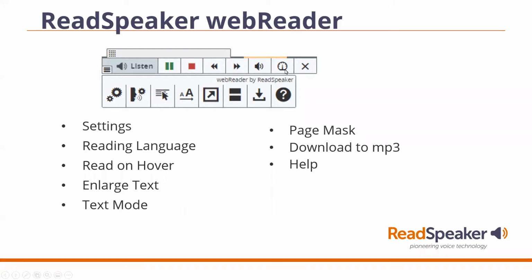Another tool that people might not think of as an accessibility tool is the reading speed. And if you are a second language learner, then you may need a slower speed so that you can learn those pronunciations. If you're studying a course that has a very high vocabulary, you might not be pronouncing it right. So listening carefully to those pronunciations will help you associate the written word with the spoken word.